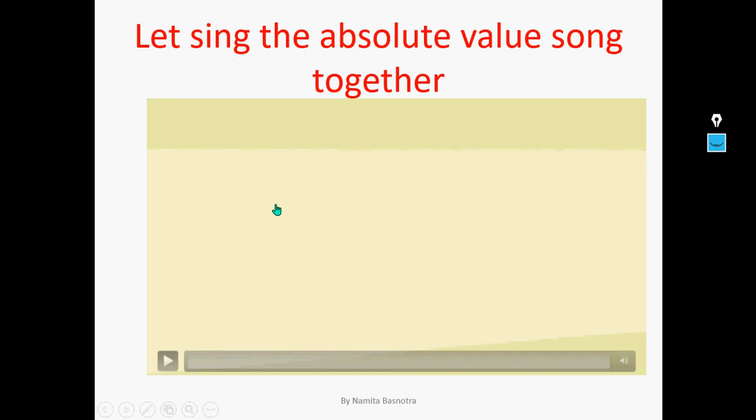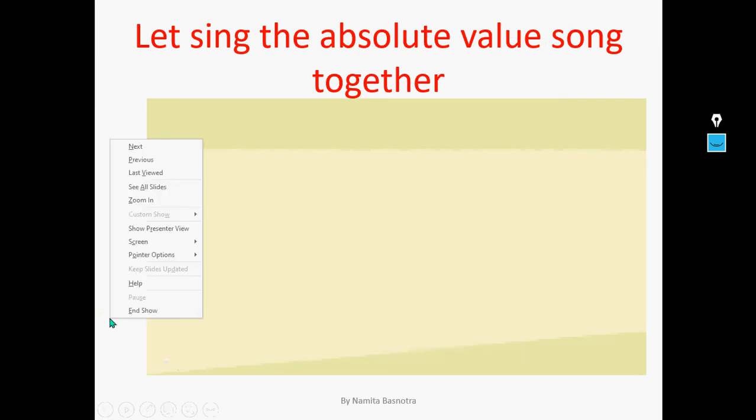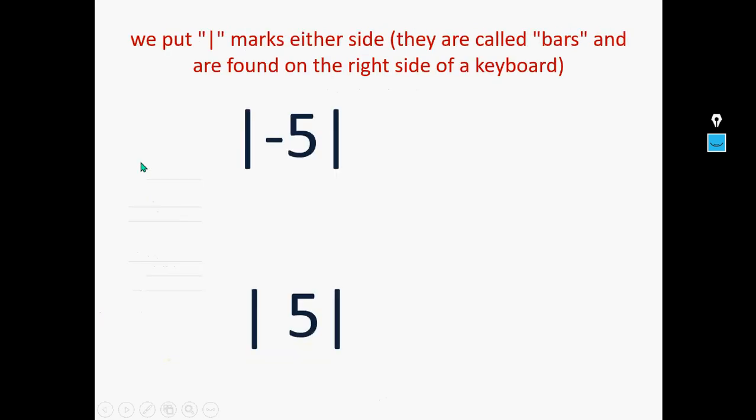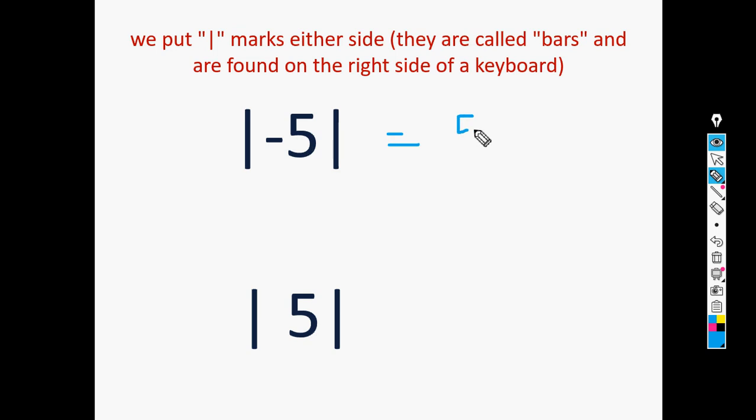So it's a question. In English you write the whole sentence, what is the absolute value of minus 5, but in maths we can just put the bars and ask you that question. This means I'm asking you what is the absolute value of minus 5, and you know that absolute value means just avoid the sign and write the number, because direction is not important, left or right. So the absolute value of minus 5 is 5. And what is the absolute value of 5? This is also 5. Easy, very easy.